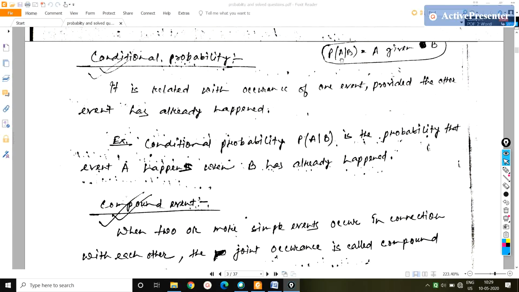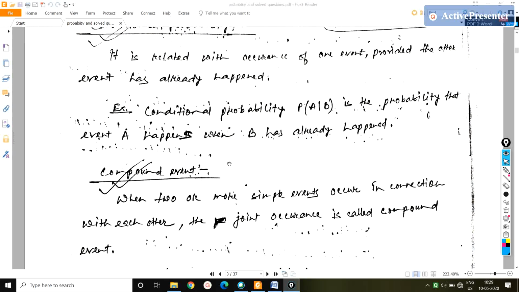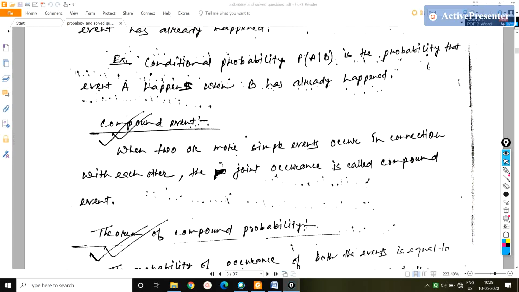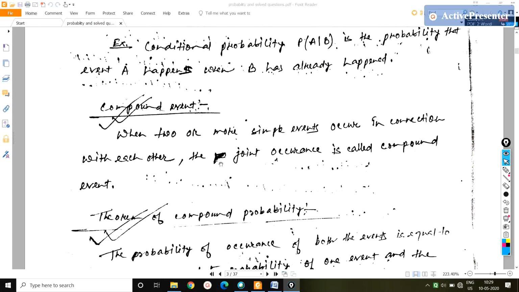It is written as P(A|B), which is the probability of A given B. Now let us discuss what is called a compound event. It is not a composite event, however, it is a compound event. A compound event is when two or more simple events occur in connection with each other, then the joint occurrence